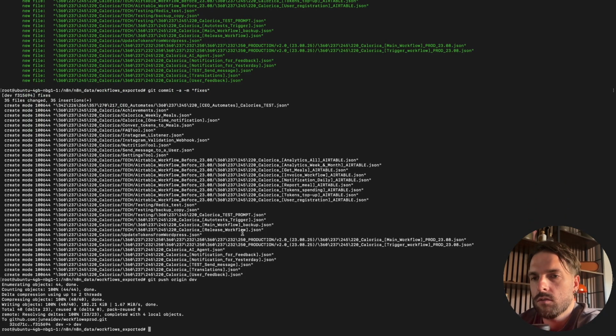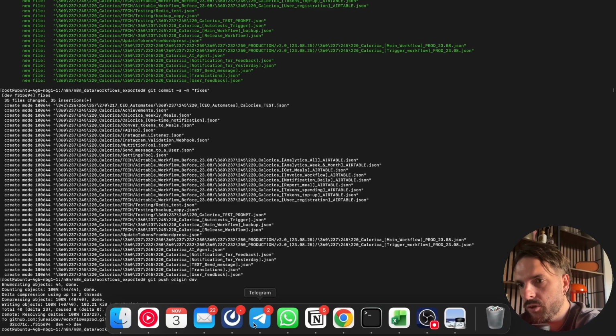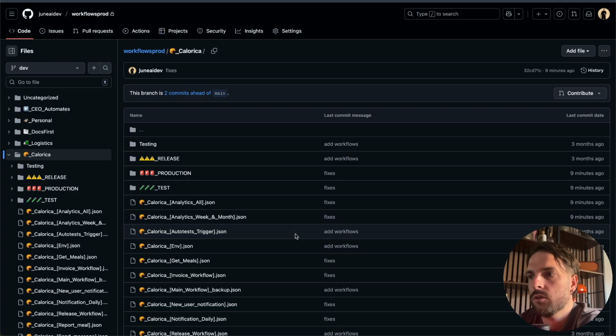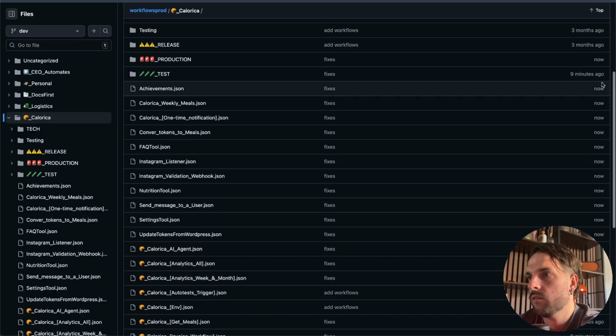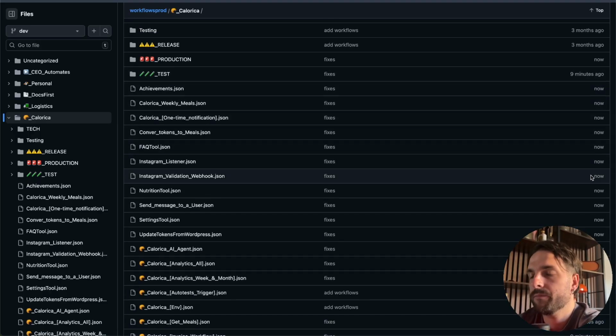So right now, all of the newly created workflows are in Git, duly backed up. You see it right now, it's updated.